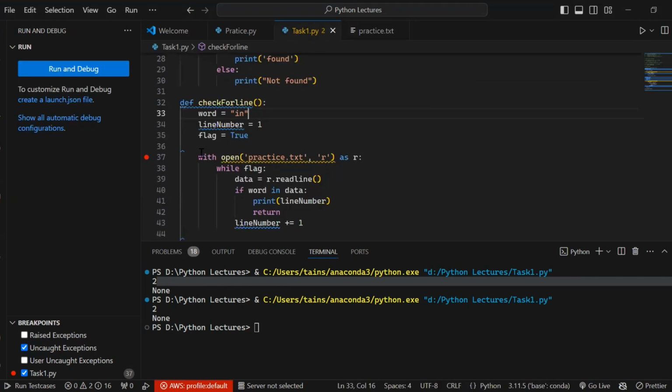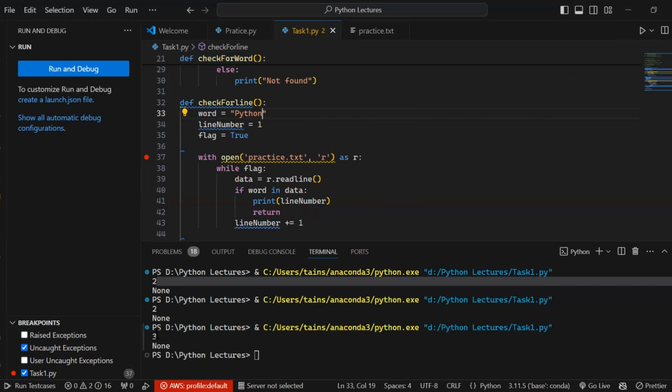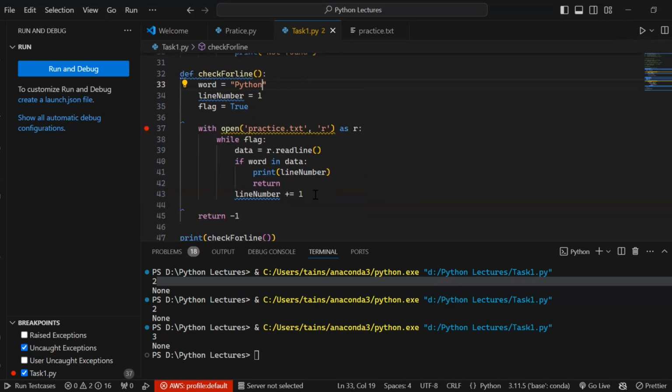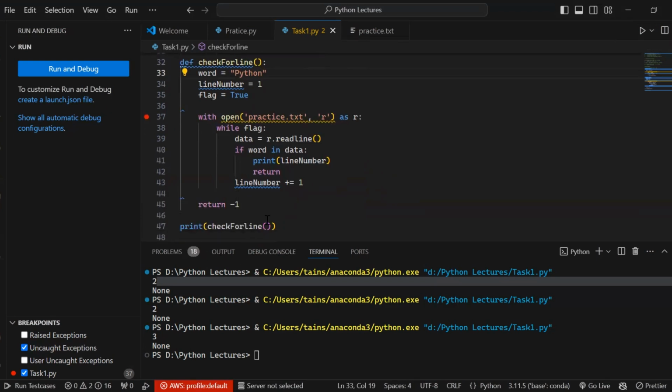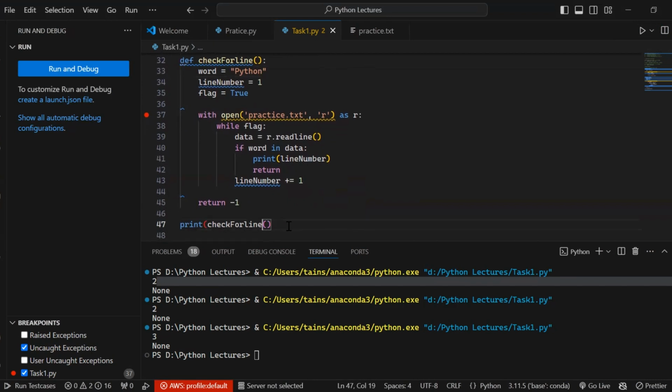Let us use Python here, a unique word. We are only counting the first instance of each word. So it's three. That means our code is working. But it gives us None. So what we have to do, we will remove this print function, and in return, what we will do is